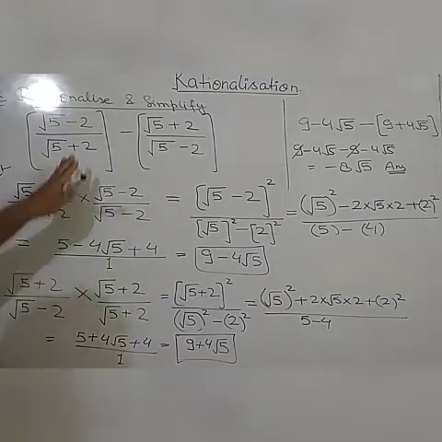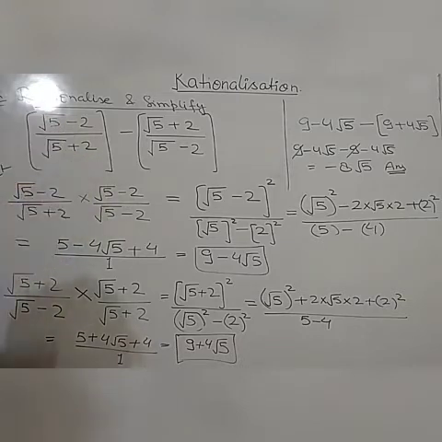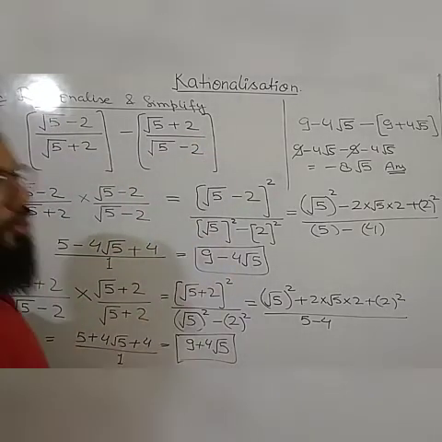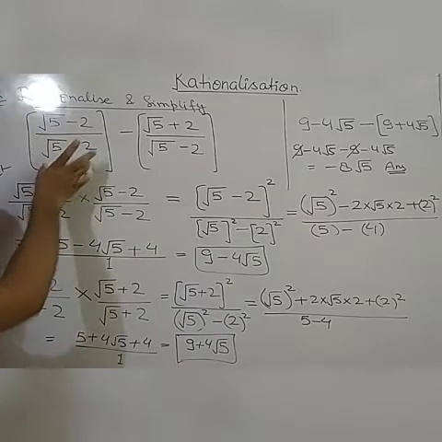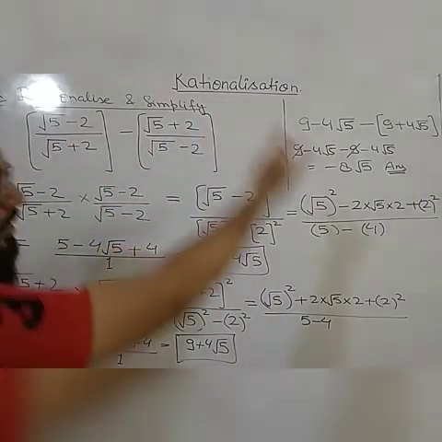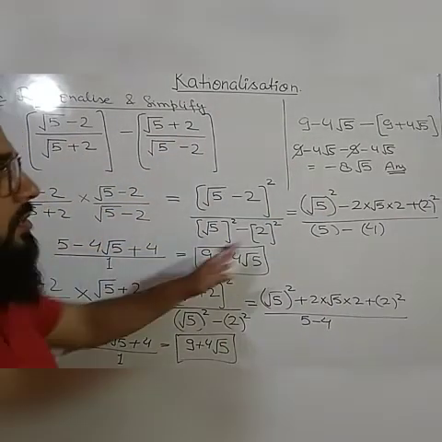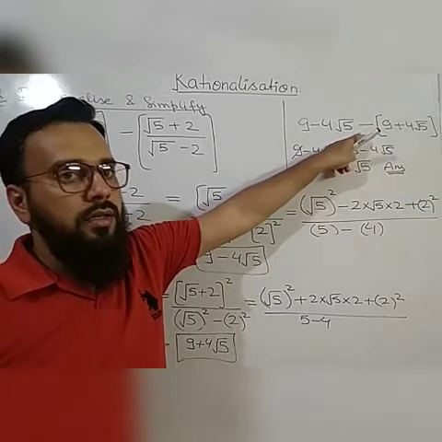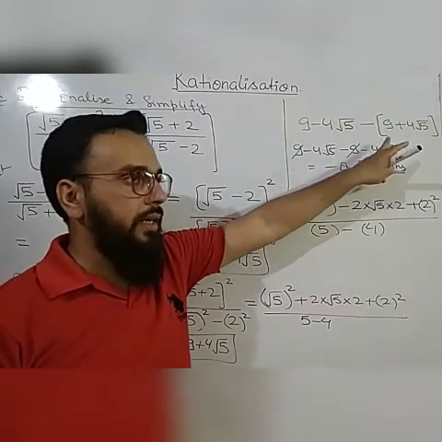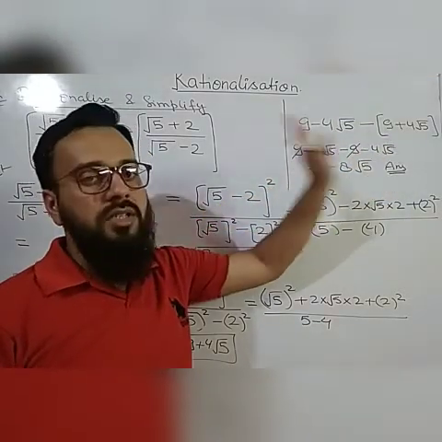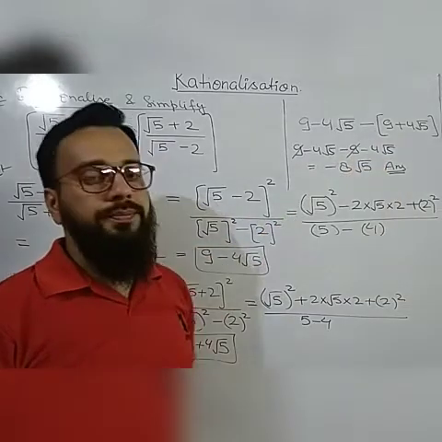Okay. So in this way, you can simplify. If you are given two terms or more than two terms, then first you rationalize the first term, then the second term, then the third term, and then put each term with its sign. Always use the sign and the bracket so that you never make a mistake of plus and minus.